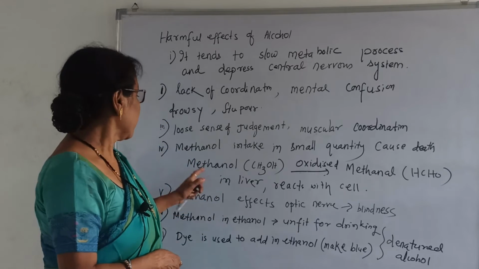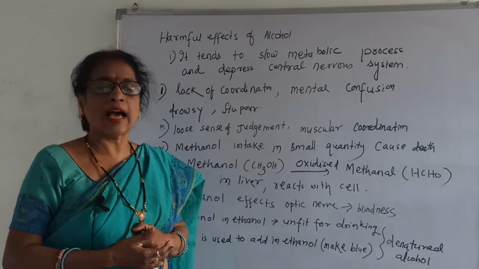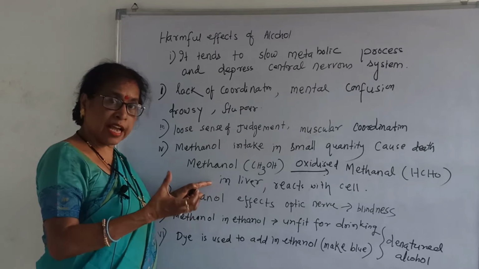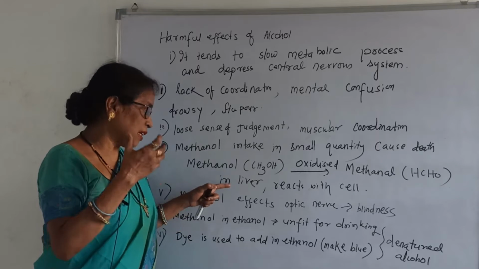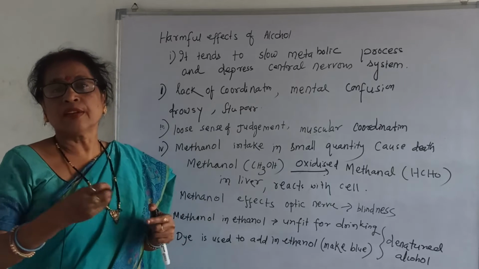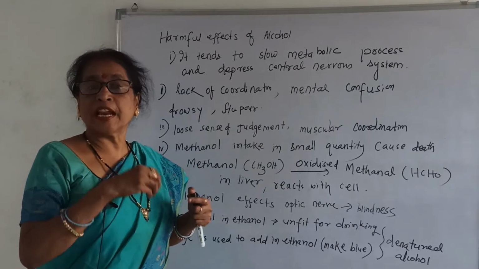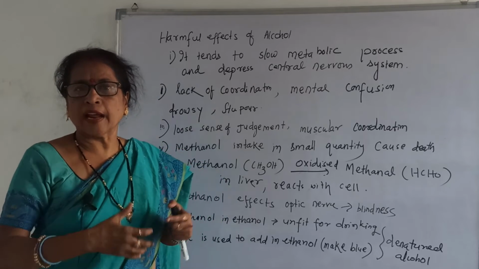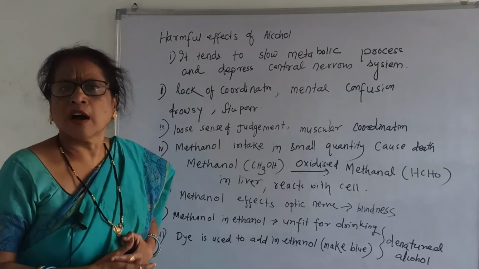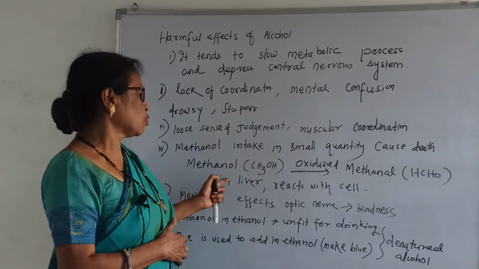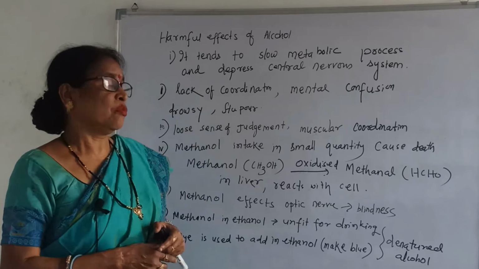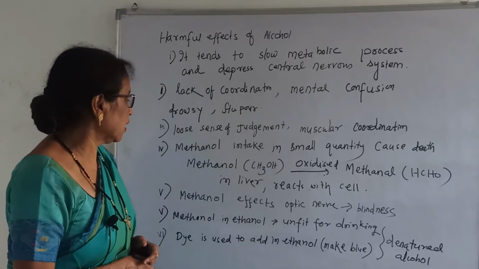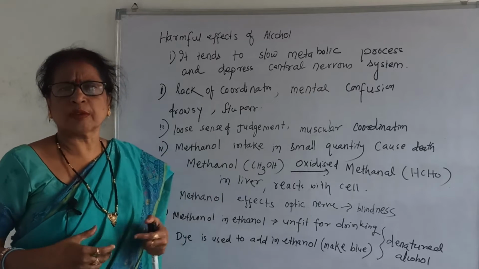Then what is the reaction? Methanol oxidizes to formaldehyde. What is the formula? HCHO, formaldehyde, which forms in the liver and reacts with cells. It reacts with different components of the cell, damages different types of cells, and gradually affects the optic nervous system, and affects the heart, liver, kidney, all these cells and components of cells. So one can die easily. Methanol oxidized to formaldehyde is very dangerous to health, and reacts immediately with different components of the cell,